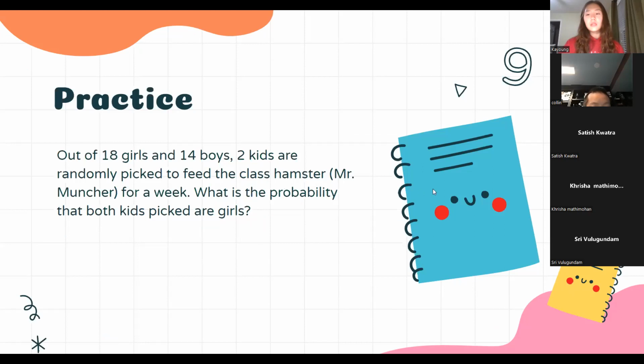So somebody tell me in the chat. Okay. I think that's really close, but there's one little thing that's kind of wrong. When you take out a person, it takes them out of the girl pool. Instead of 18 girls, there's now 17. But then also in total, something happens to the total number.